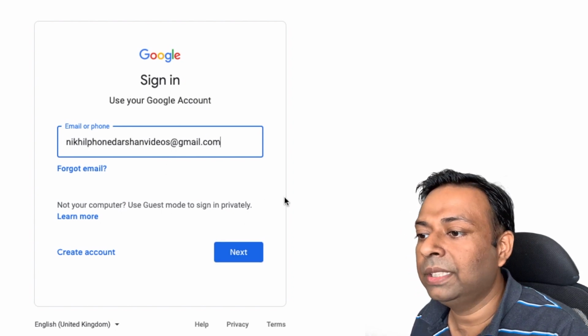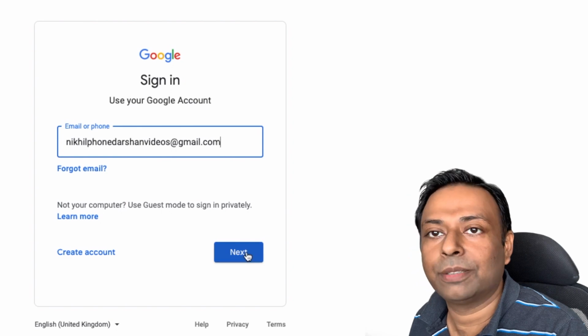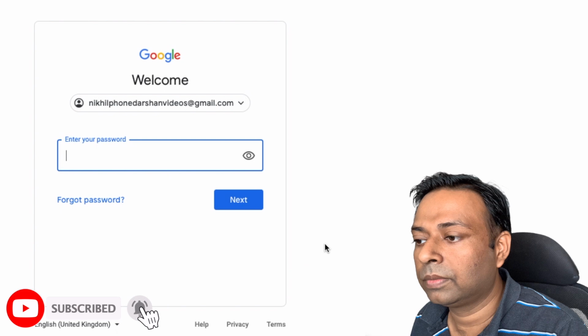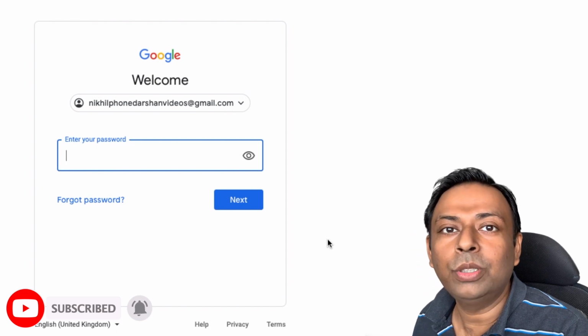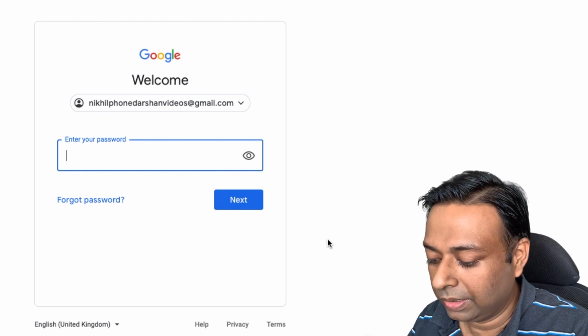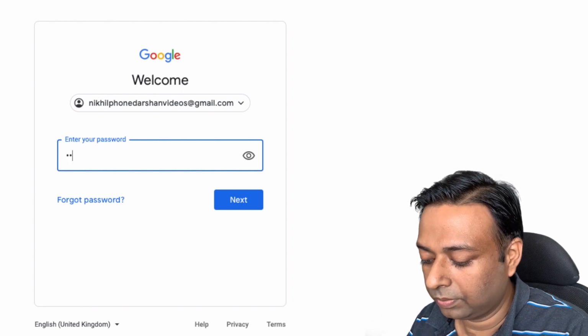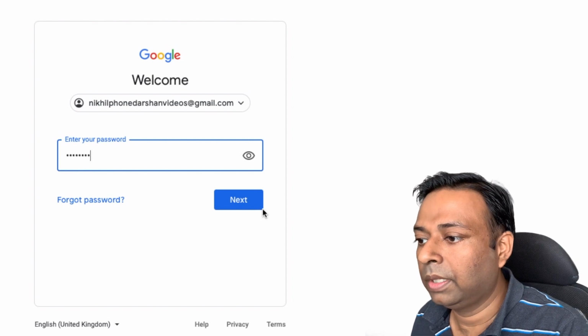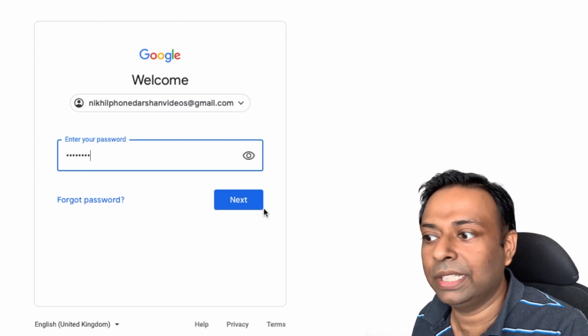After entering the email ID, click on the next button. Now I am being asked to enter the password. So enter the password of the Google account. After entering the password, click on next.